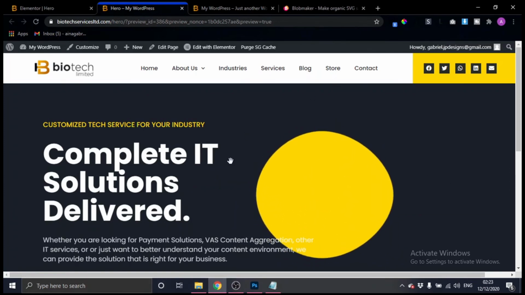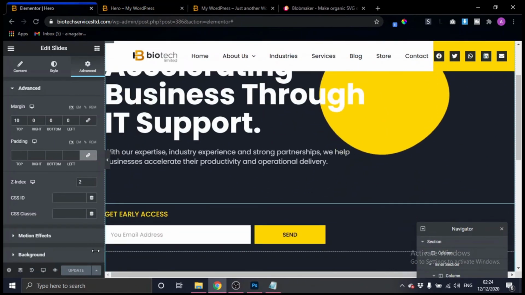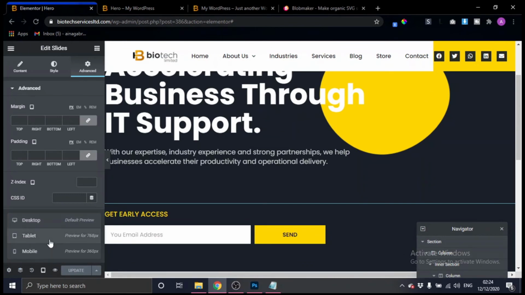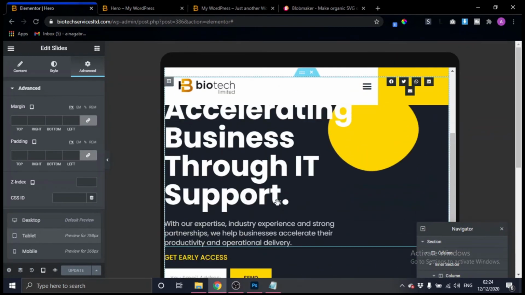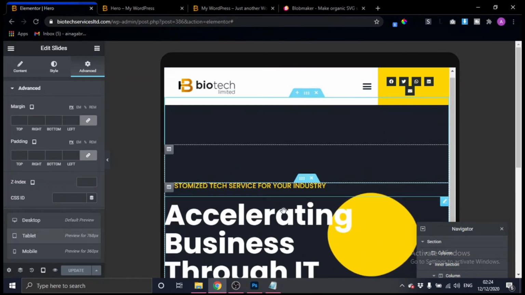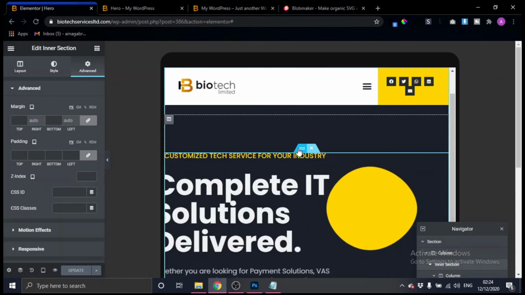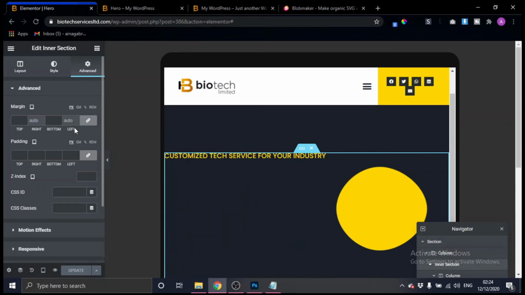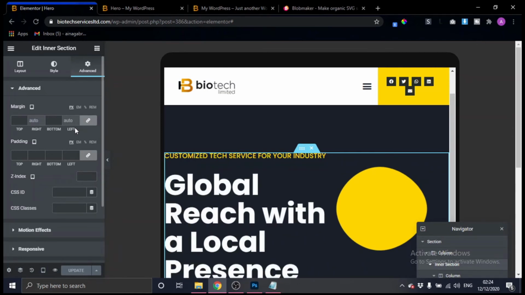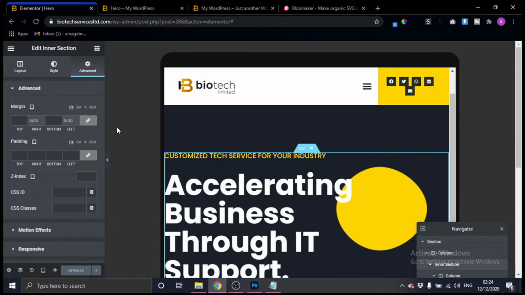Okay, so yes guys, we are done with this, but let's see how it looks on the tablet and the mobile version. Okay, so this is how it looks on the tablet version. I think it's pretty much cool, except if you ask me, I would give this inner section a padding.